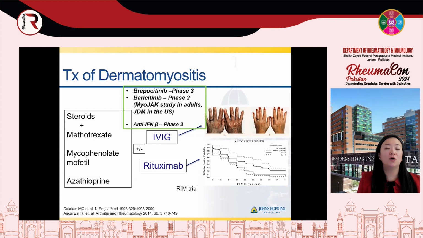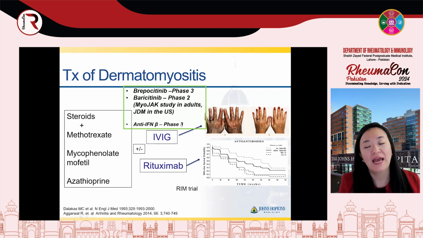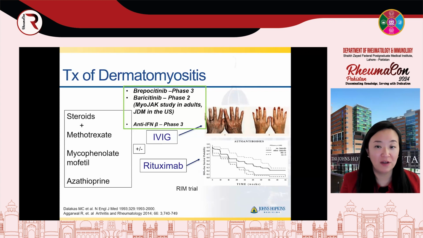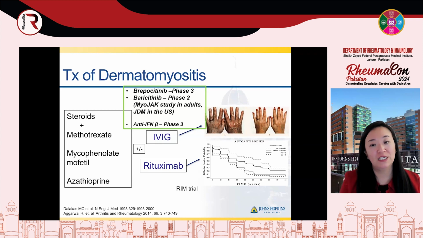Another trial is the anti-interferon beta that's still ongoing. These are all ongoing currently. Anti-interferon beta is the phase 3 trial. It's a drug by Pfizer. And this trial is directly blocking interferon beta. But it's an infusion drug, it's not an oral drug like brepocitinib or baricitinib. So we will see what will happen, and hopefully in the next couple of years, we will have some top-line